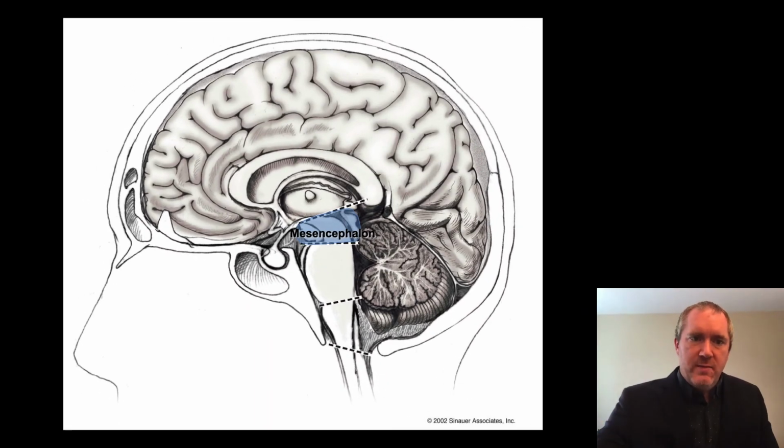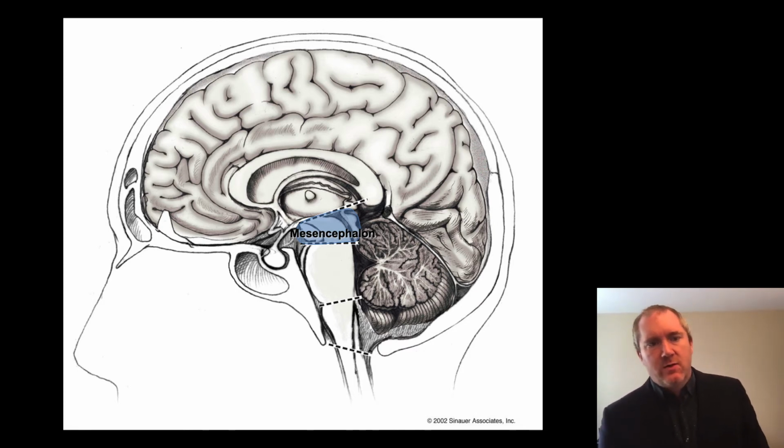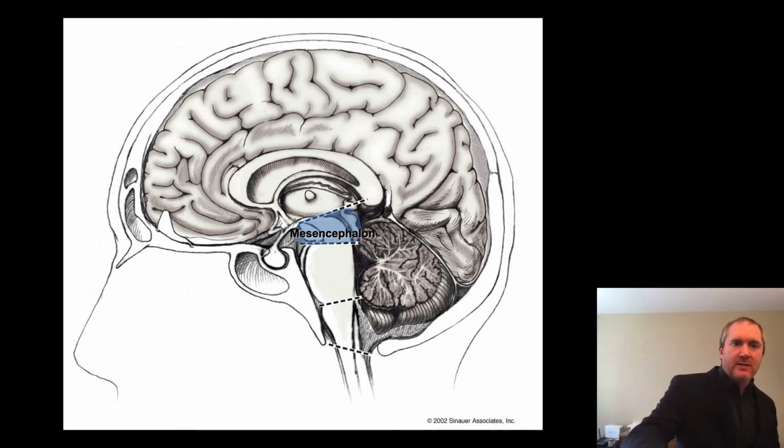So this brings us to the mesencephalon, which is also called the midbrain, which is how I typically refer to it, just a little simpler on the tongue. But the midbrain contains the dopamine neurons that project to the dorsal striatum, or the caudate and the putamen. The mesencephalon is also known to connect the brainstem to the forebrain. So it is very important, and especially as a dopamine researcher, I see it as being critically important.